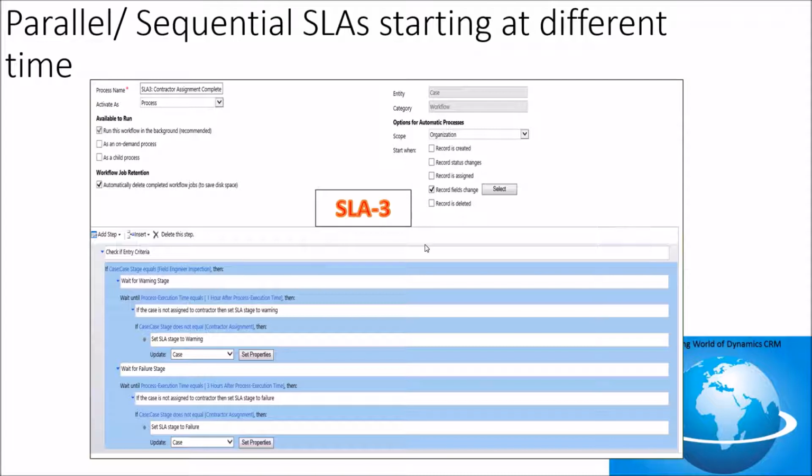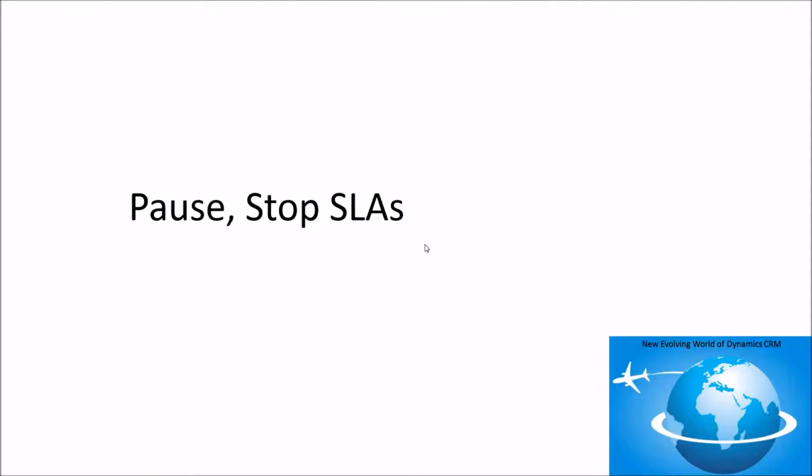But ultimately, even if I'm using workflow, I'm going to populate the same reporting parameters which I have been configuring inside my SLA framework, to capture the right kind of data for me to see what SLAs were successful, what failed, and different kinds of timestamps around that. Okay, hope this was useful for you. Now, going to the pause, stop, and SLA,